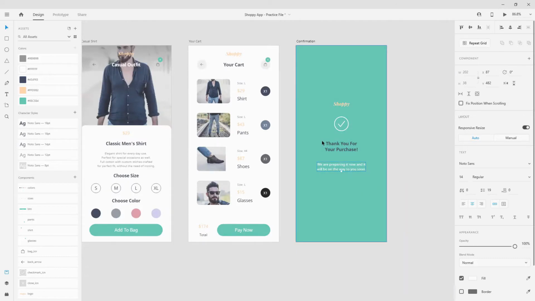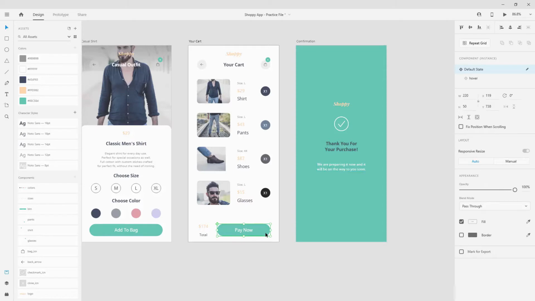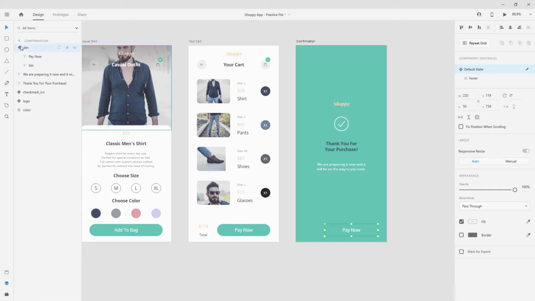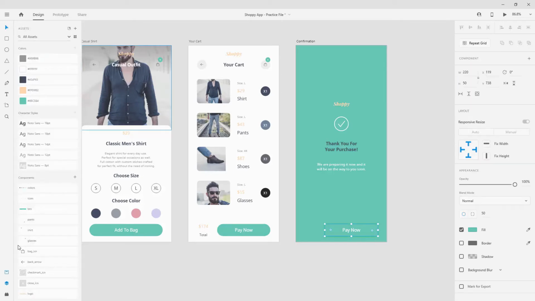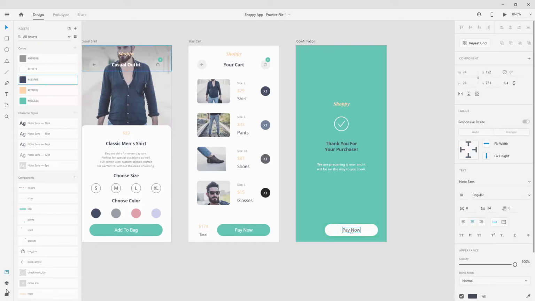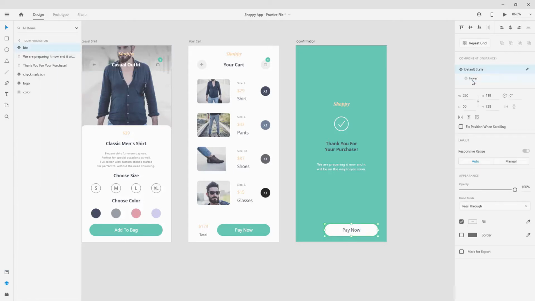Now, one final thing I need for this screen is my button. So what I can do is use this one. So hit Control C, Control V, and on default state, what I'm going to need is go inside, click on my button. Button is going to be white, text is going to be this color. And finally, if I go back here to my hover state,